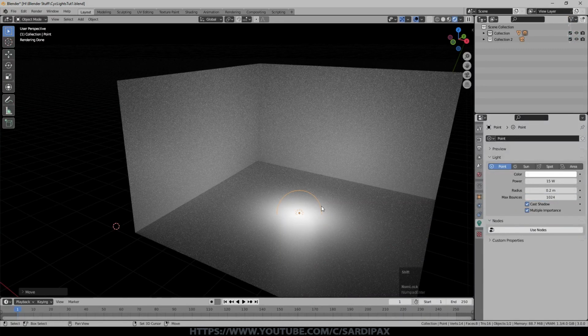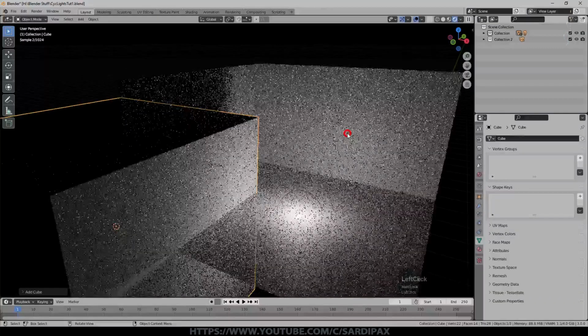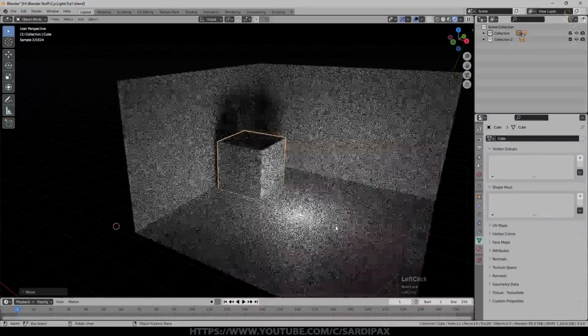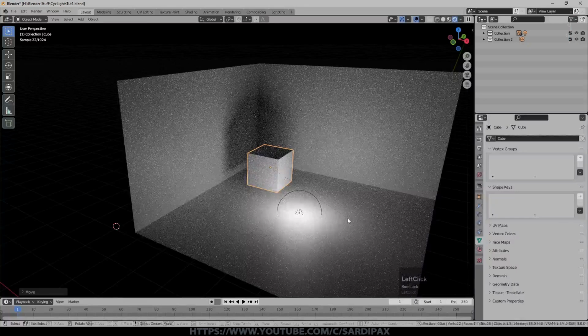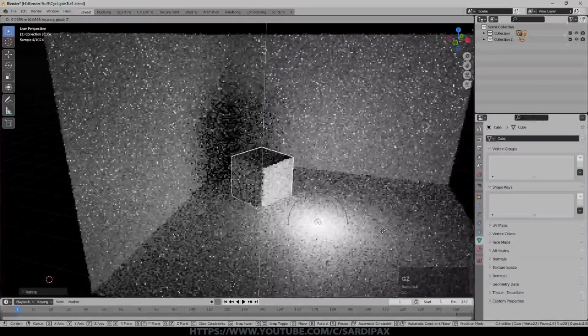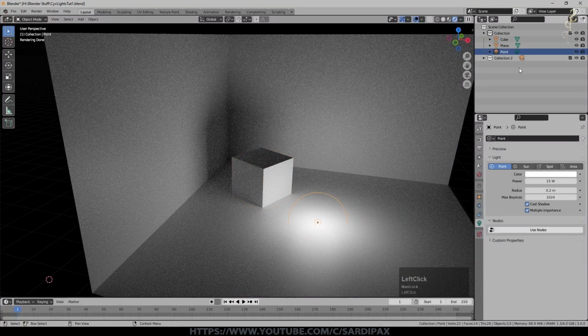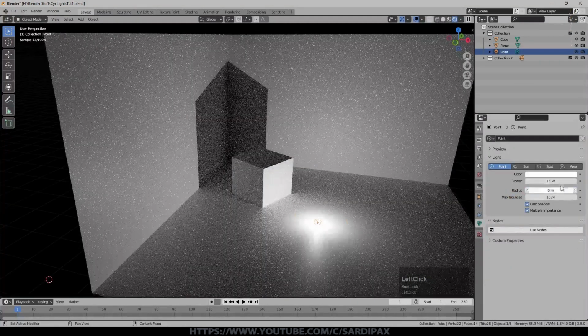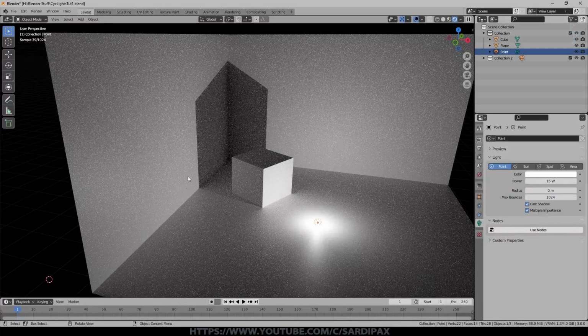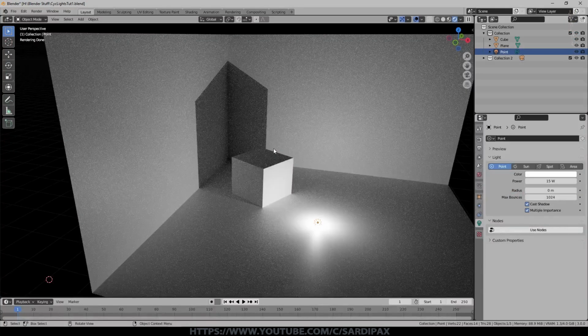Obviously we've got casting shadows, so if I now add an object into the scene, you can see that's, as you might expect, casting a shadow. I'm just going to put it slightly through the floor, and we can see it's a very diffuse shadow at the moment. So I select my point light again. By making the radius down at 0, now we get a very sharp shadow. Again, this is an effect you would expect from real life.